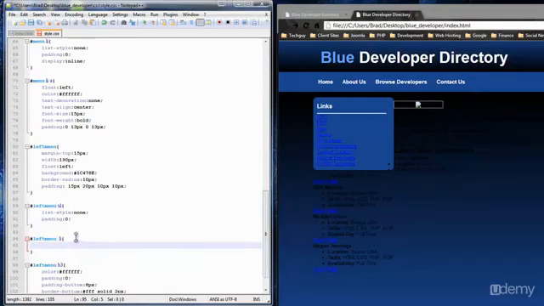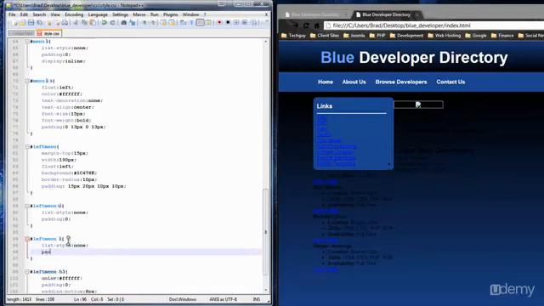And we want to do, again, let's just do the list style none just in case. And let's do some padding of 15 pixels. 15, 0, 8, 0. And let's do the border